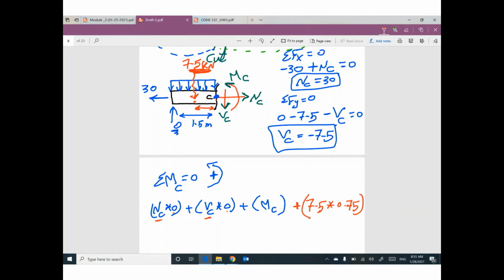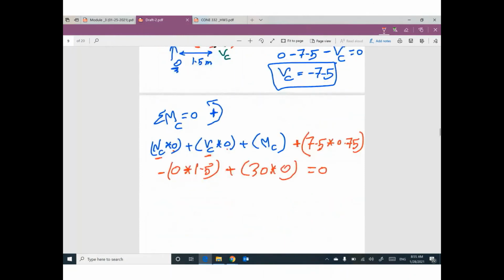What else? 0, the reaction, times horizontal distance 1.5. Negative. What else? 30 times 0. We don't have vertical distance between this force and the point C. Equals 0. This term will be cancelled. This one will be cancelled. The only unknown is MC. The value of MC will be negative